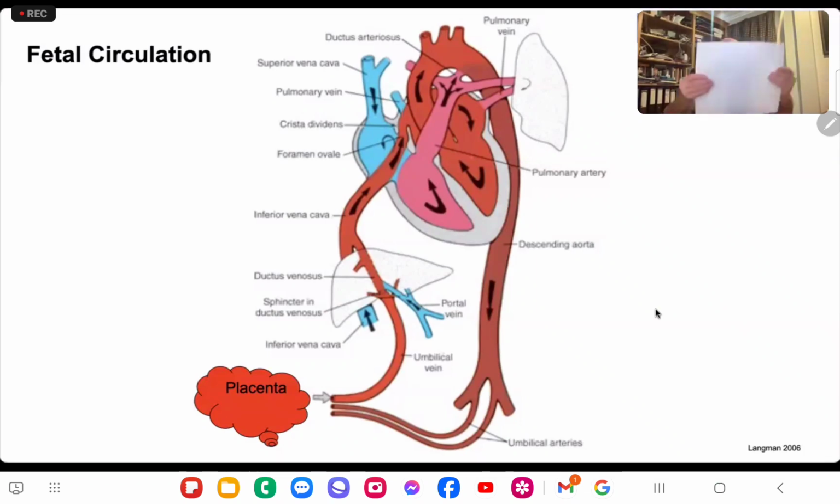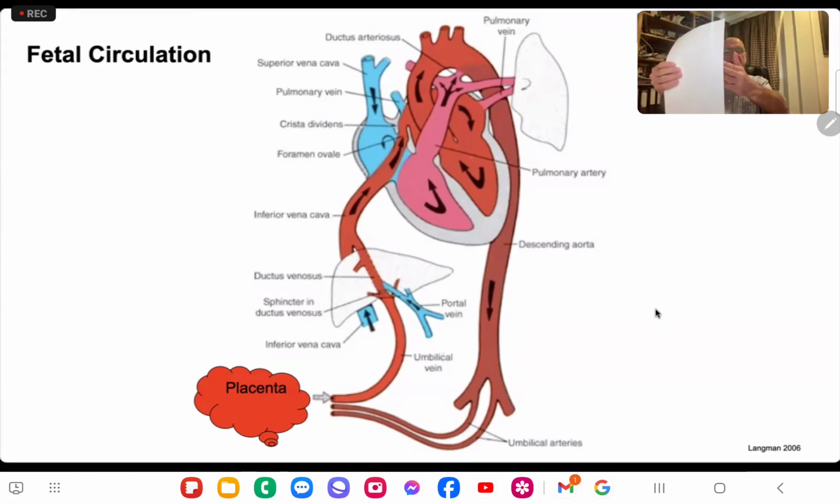In the fetus, it doesn't stick down, it sticks down after birth. So that leaves it a bit like curtains in a theatre. You can push them apart and get through it. And that's the patent foramen ovale. So what happens is the blood comes up the IVC, is pushed towards